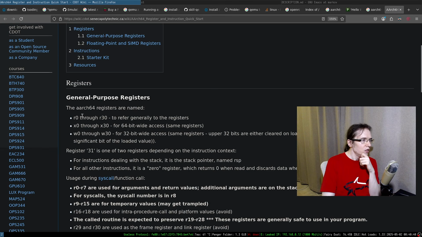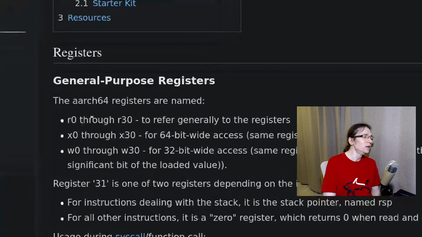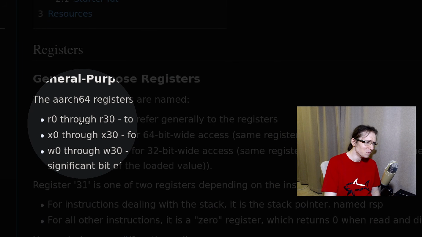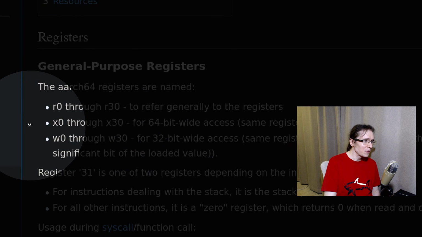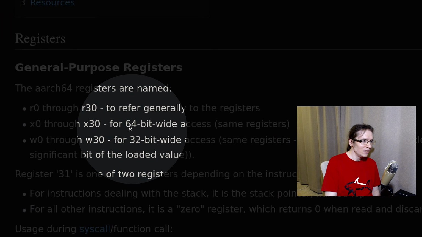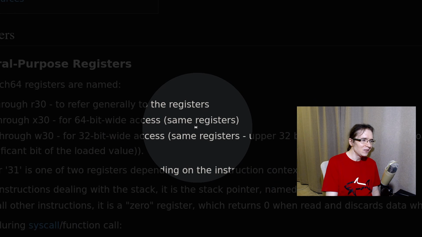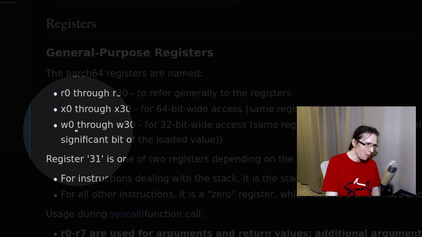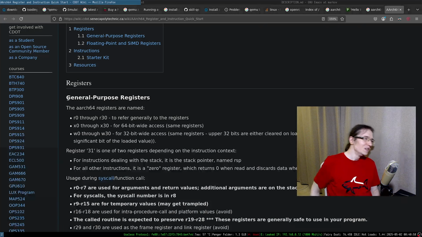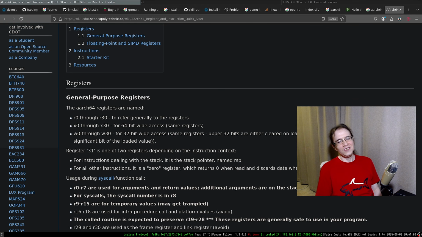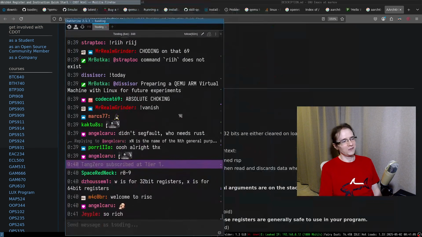General, holy, 31. They refer generally to the registers. Then another 31, 64-bit wide, access the same registers. Oh shit. Bro, wait a second. This is so awesome.